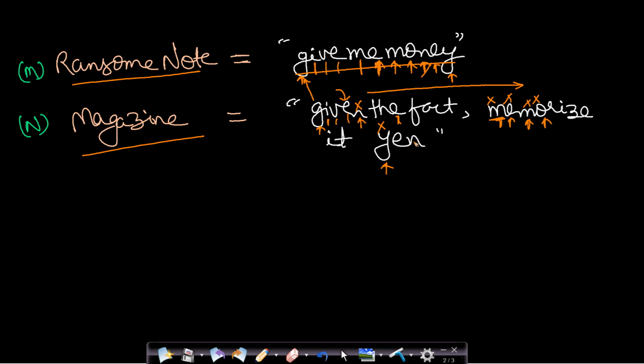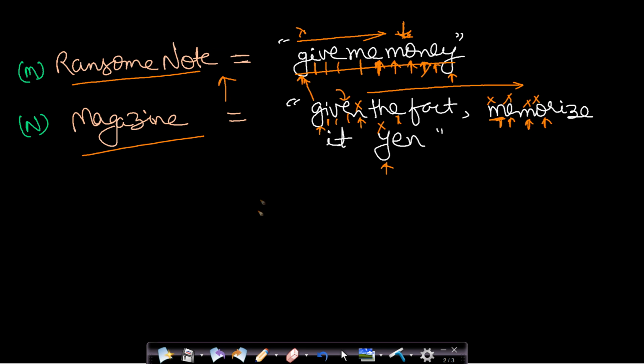So in this way, by using this very simple approach, you can verify whether by using the letters of this magazine, you can form this ransom note or not. So what will happen if you are not able to make it? Then for a certain character, you will not be able to find that character in the magazine after updating it for each and every character. Because in this scenario, we were deleting after finding each and every character from the magazine, so that whenever we scan from the starting position, it will not be reused. So whenever you find a certain character which is not found in the updated magazine from the beginning, you will be sure that you cannot make the ransom note.